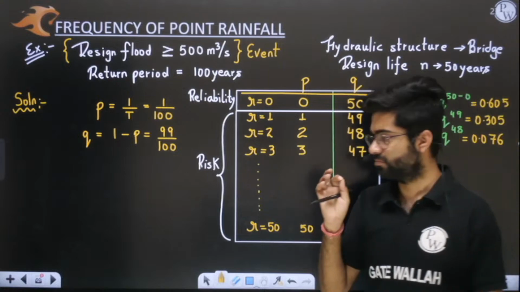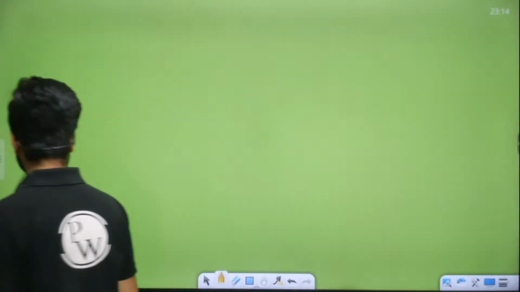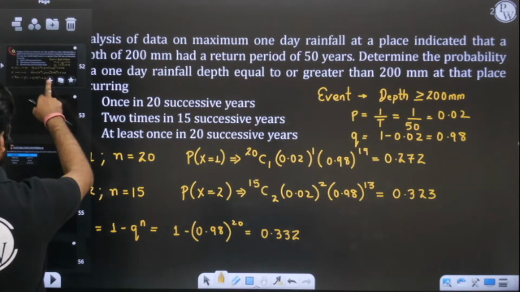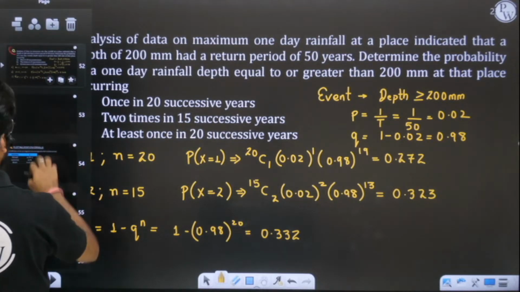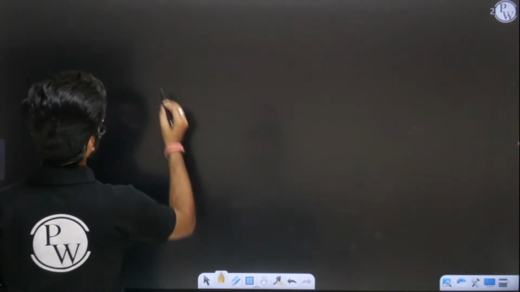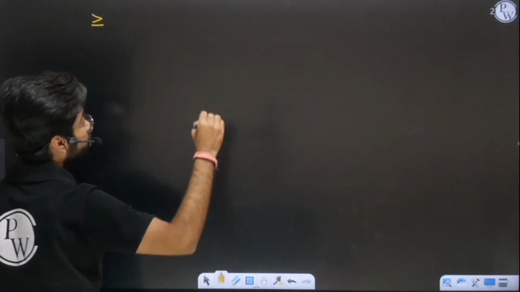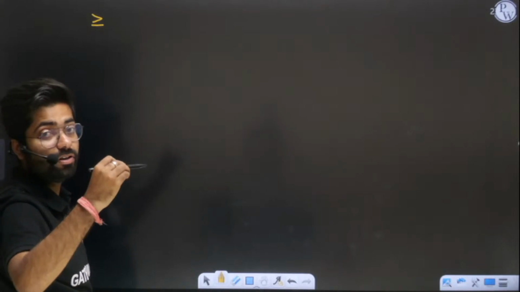So this is the question now. The answer is, simply you have to understand one thing. Listen very carefully. Whenever we are interested in finding the probability of occurrence or probability of exceedance,